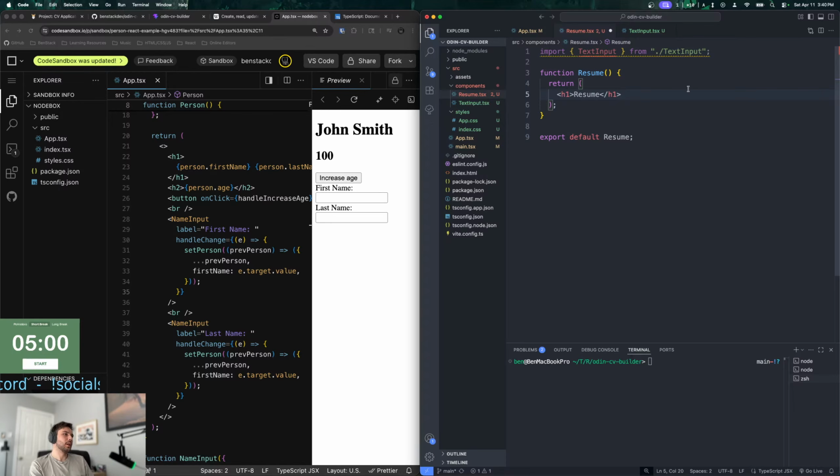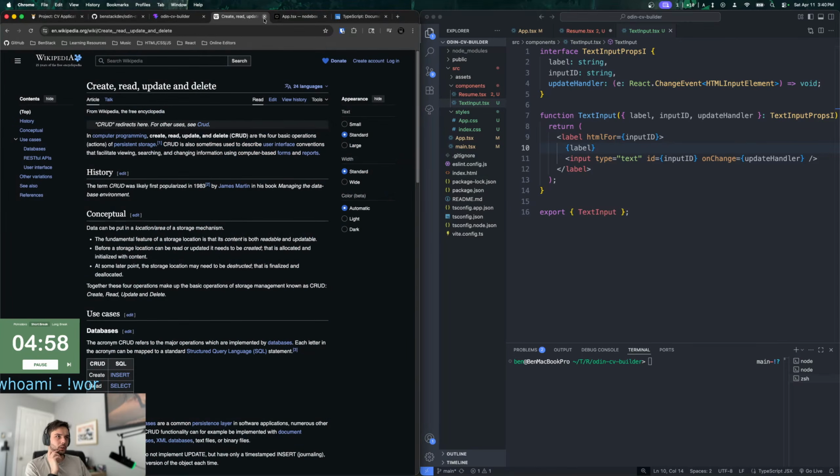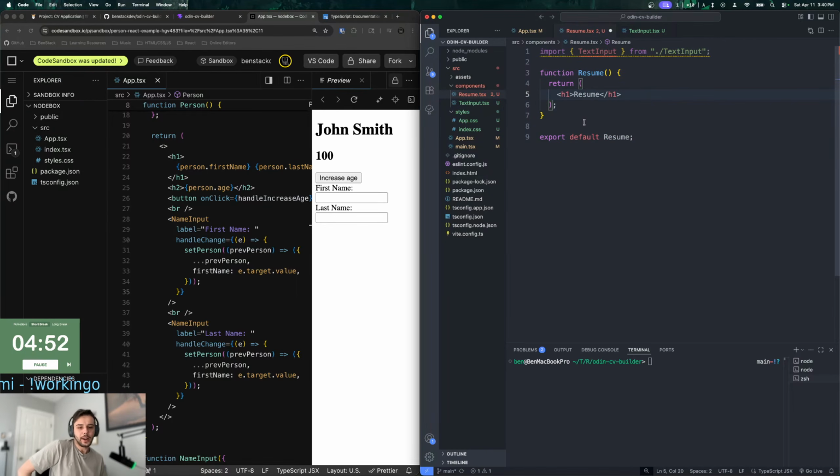Oh, the error was because I needed a fragment? No. Because is the label not the one element? It's because I didn't finish the... Oh, there is a type for that? Okay. Okay, let's take a break. I'm going to take a look at Abdu's thing that he wants me to look at. Oh, there's a type for that in the resume file. Okay, I'll try that after the break.